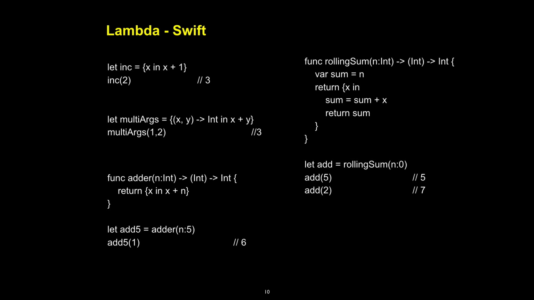I get a rolling sum. Again, it has one argument. We have to give the return type, which is a function which returns an integer. And I can keep a sum inside. And then my lambda inside increases that sum and then returns the sum, right? Now I create my rolling sum, and it keeps track of things. When I add 5 to it, I get 5 back. But when I add 2 to it, it adds it to the sum, and now I get 7 back. So we can do weird things like this. It's not very often you want to do this, but